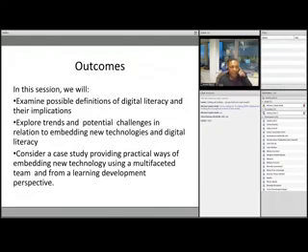So my aim for today was to talk a little bit about digital literacy within our particular context. And I find that even the definition of digital literacy is somewhat problematic because different people have got different ideas about what it actually is. So we're going to talk a little bit about that and explore some of the trends and some of the challenges in terms of how